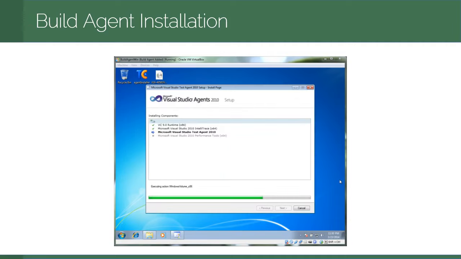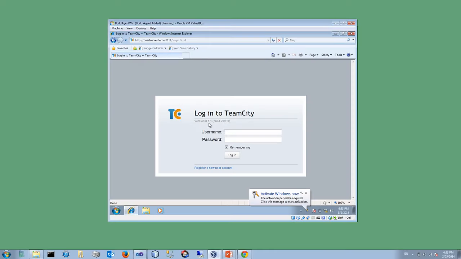If you click through there, it's a fairly similar install experience to Visual Studio itself. By the way, I'm using 2010 just because I didn't want to tax my VMs too much. But of course the same package does exist for 2012 and 2013, and I'll provide links to those in the notes for this presentation. So having installed the Visual Studio test agents, we can now go to our build agent machine and install